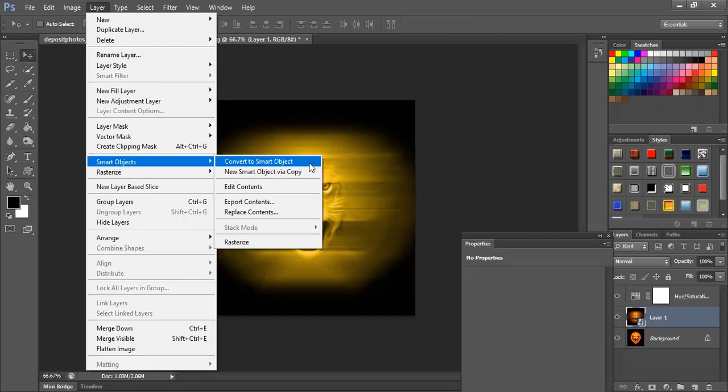Remaining people, is the artwork okay? All right.